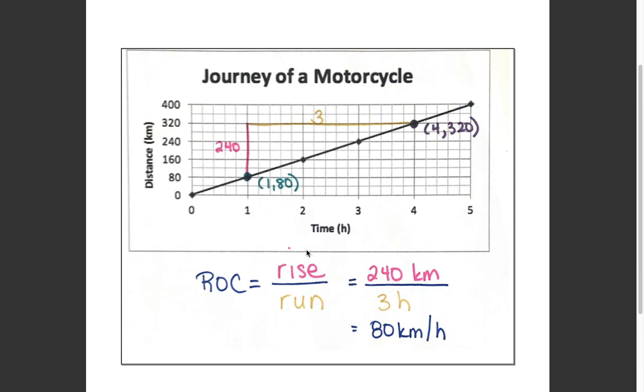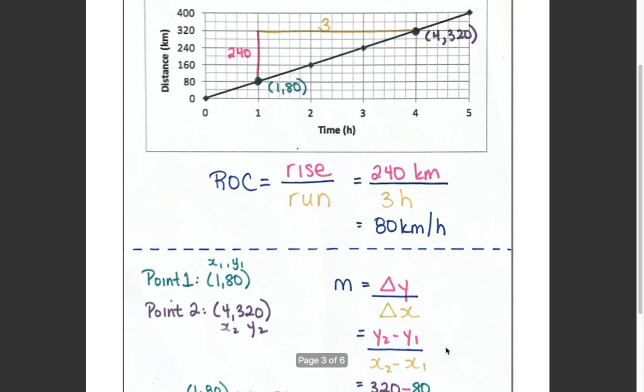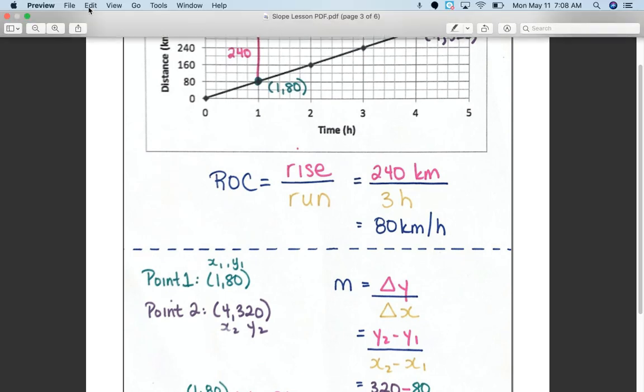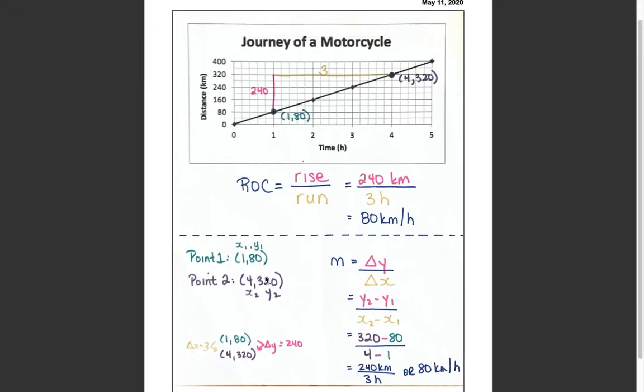And then I can take my change in y, which is my rise, divided by my change in x, which is my run, and I'm going to get 80 kilometers per hour. And I've written that out for you so that you can see it here. Okay, so if I take my point 1, 80, and I take my point 2, 320,